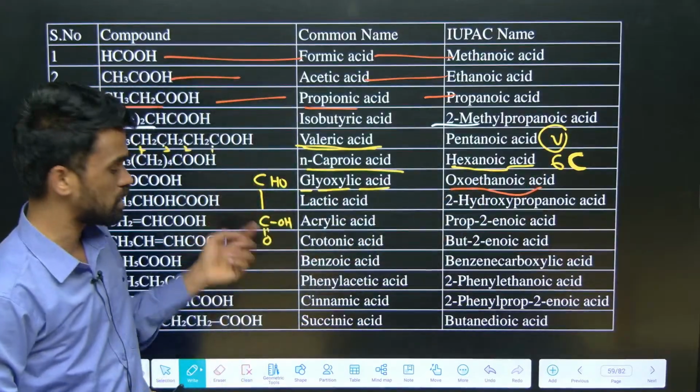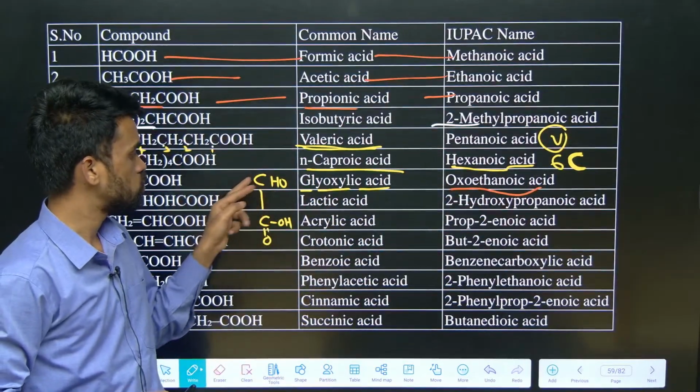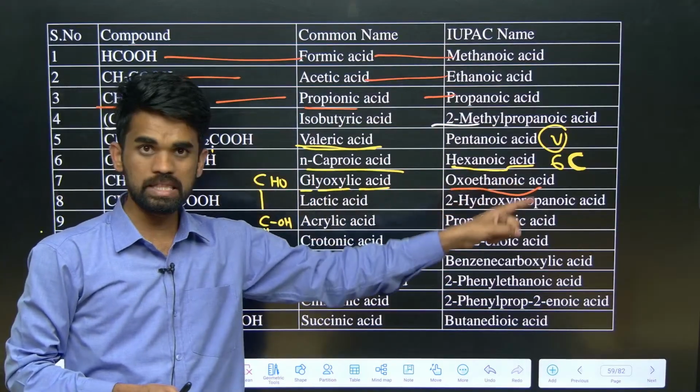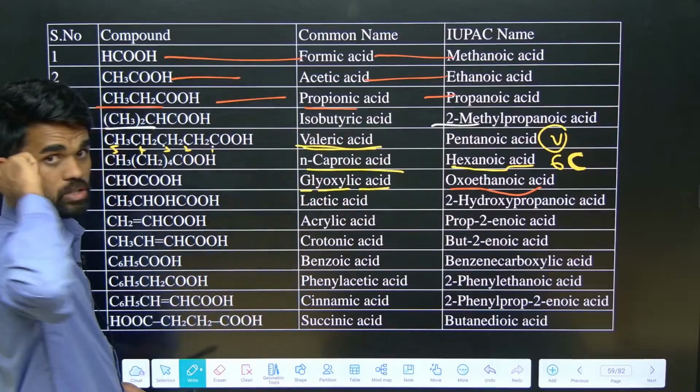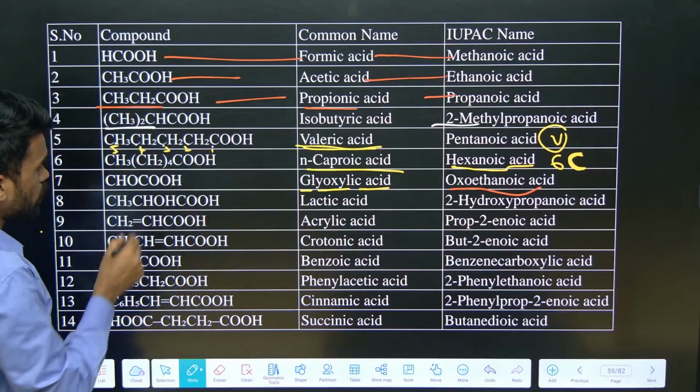See, 2 carbons are there now. So again a keto group is there, so that is oxoethanoic acid. Okay, remember this. The aldehyde group is oxoethanoic acid. Next, here if you see,